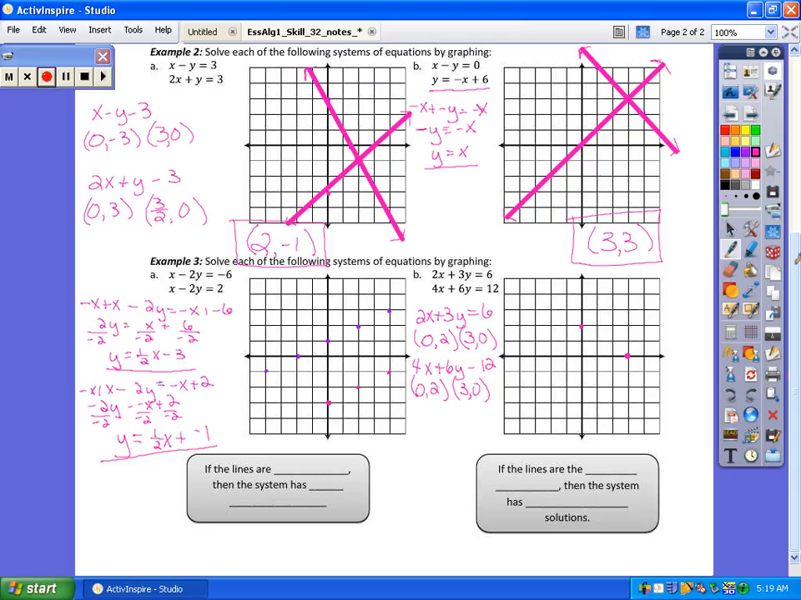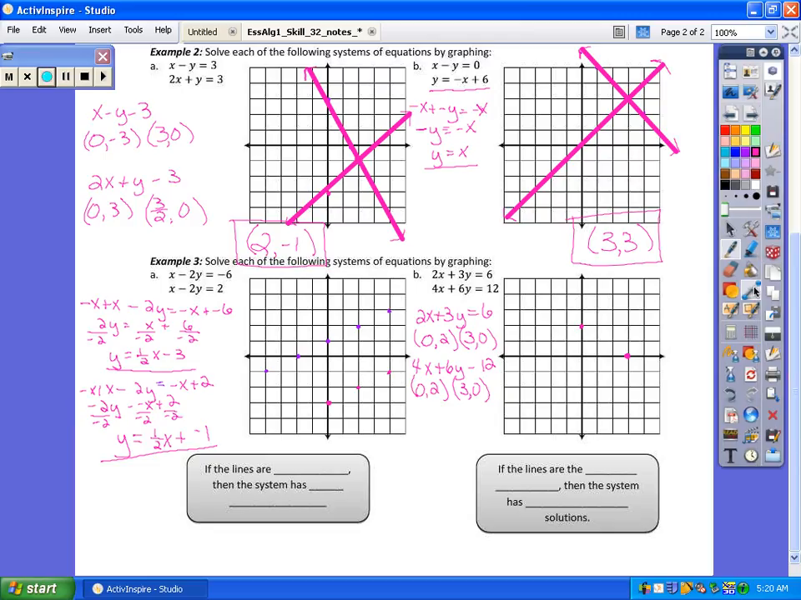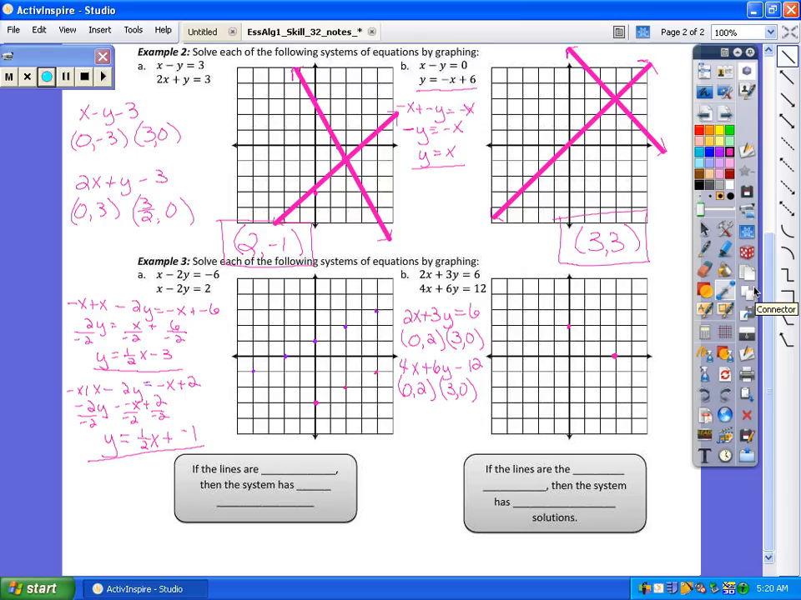The next equation, I went ahead and solved that for y, even though it's a little harder to do. So my top equation is y equals 1/2 x minus 3. My bottom equation is y equals 1/2 x plus -1. So if I take my straight edge and go ahead and draw those in,